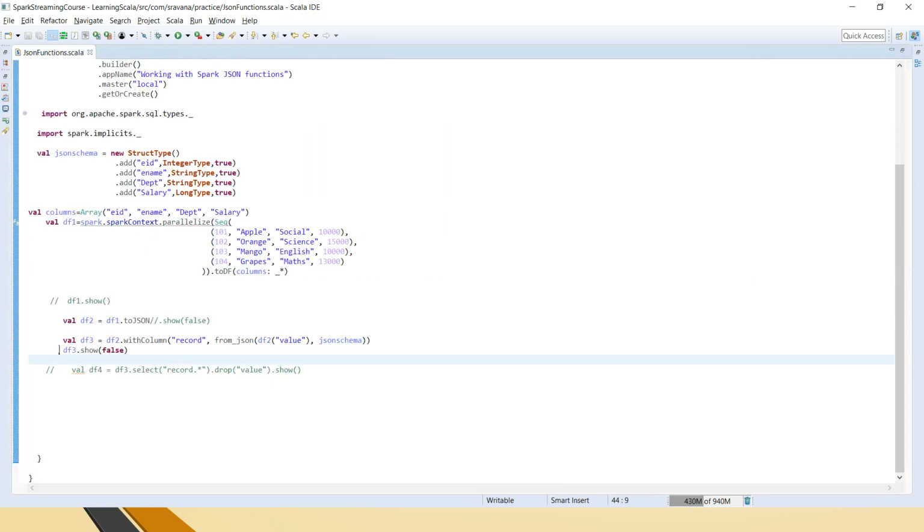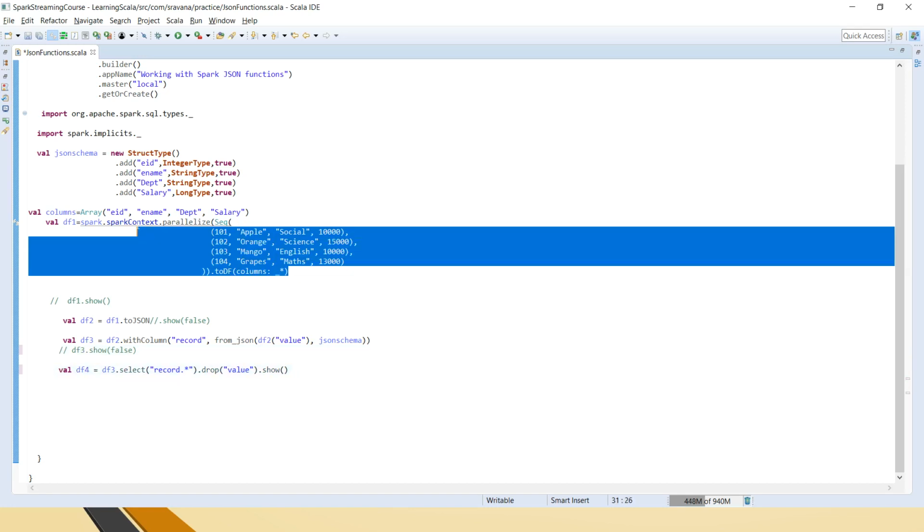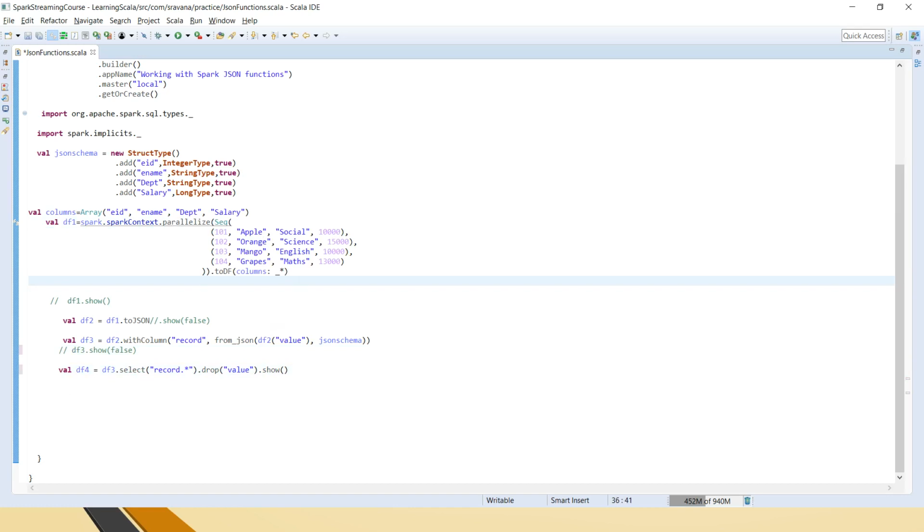Now we will see how to convert that back to the first format, like how it was. For getting that struct type, just remember, whenever there is a struct type, Spark SQL allows you to flatten it using the dot star method. So record dot star. And if it is an array type or map type, then the explode function in Spark SQL will help you to flatten the structure.